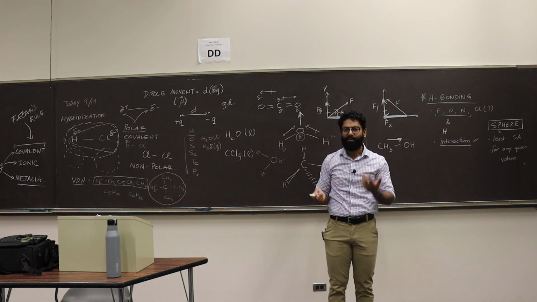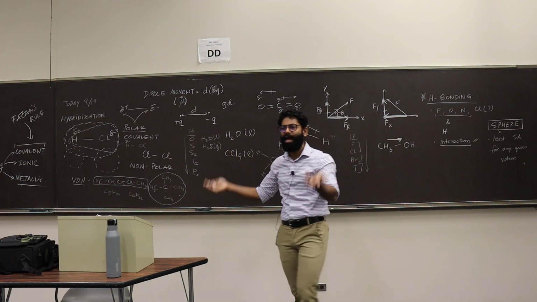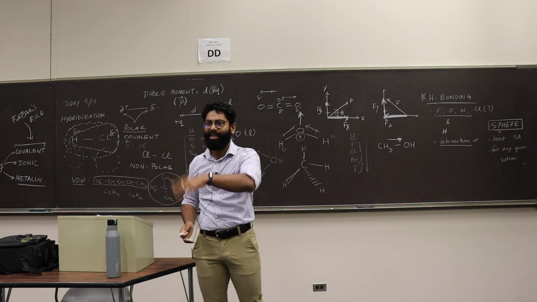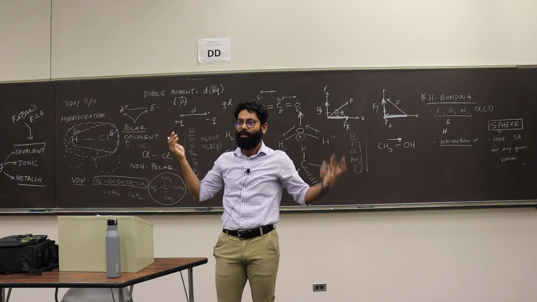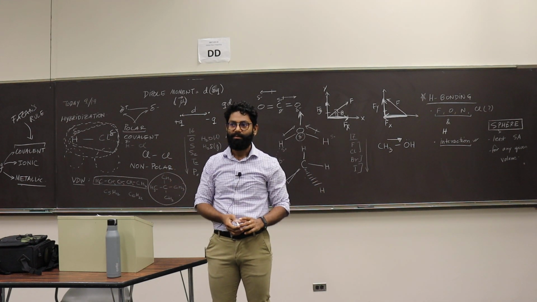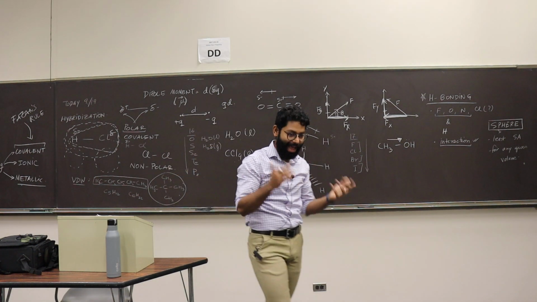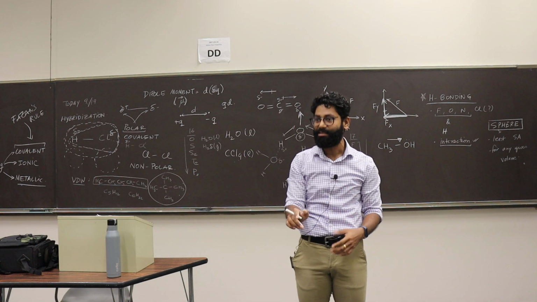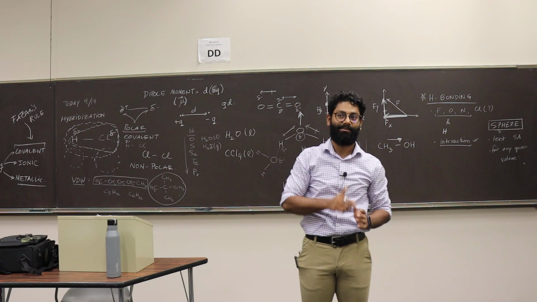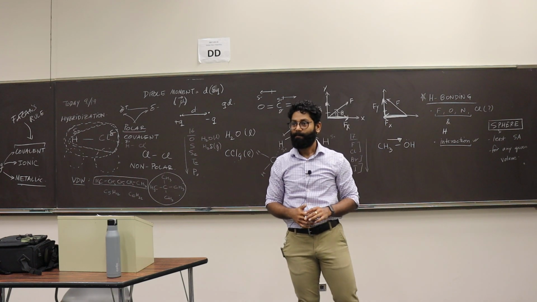Ice floats. Why is a solid form floating in its liquid form? Why? It's less dense. It is less dense. Obviously it is less dense. But the question is, why is it less dense? Would it be because